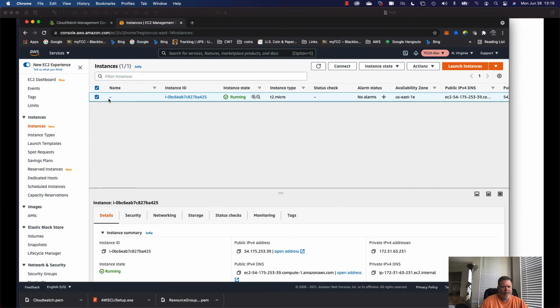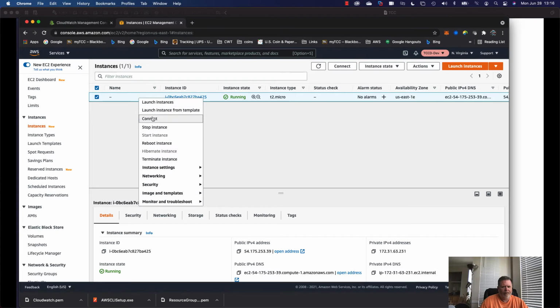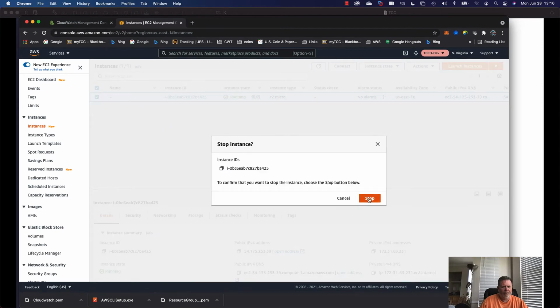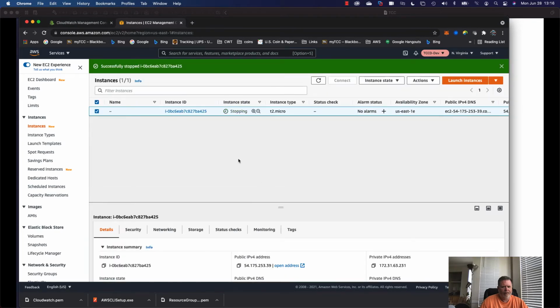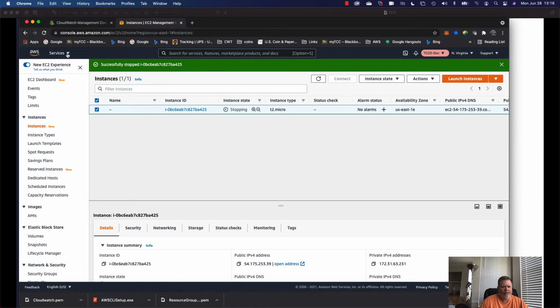Okay, and then now I can at least stop it. You're only billed for disk drive space if it's not running. If it's running, then you get charged the hourly rate of the machine. So now that it's stopped,